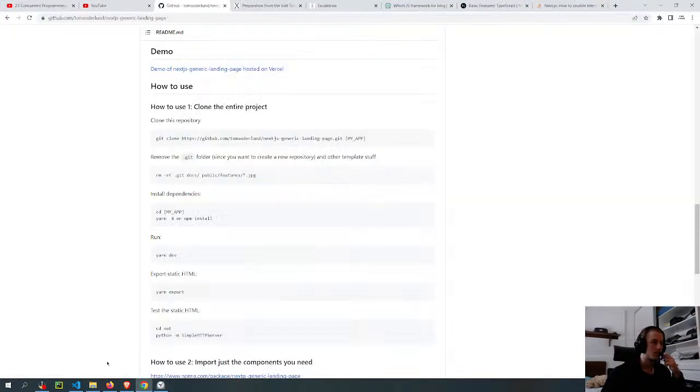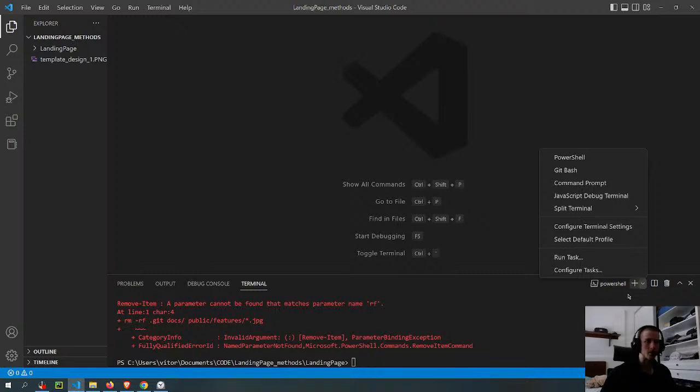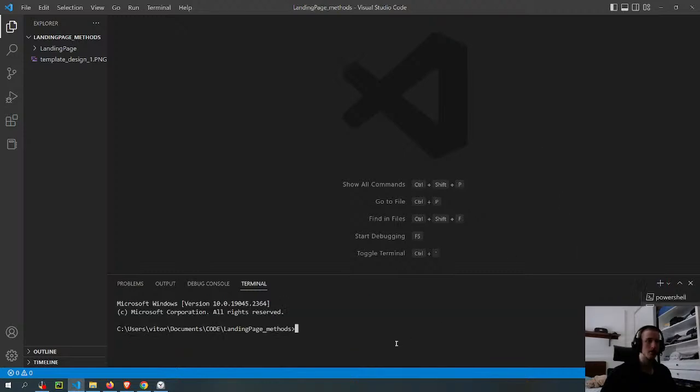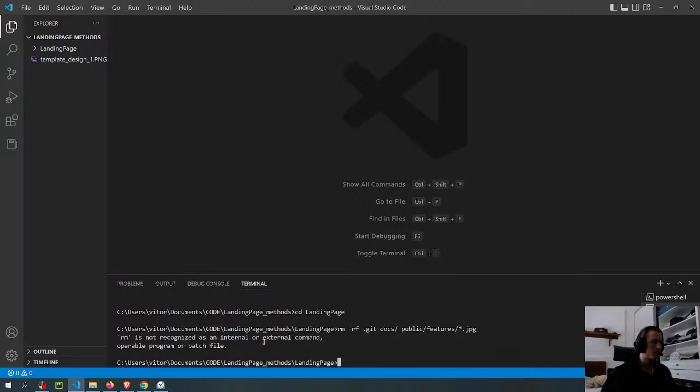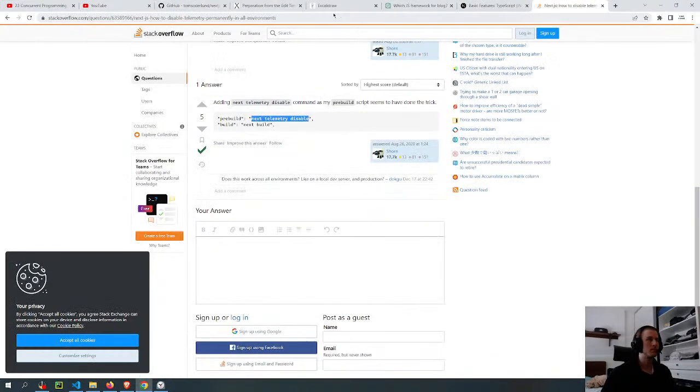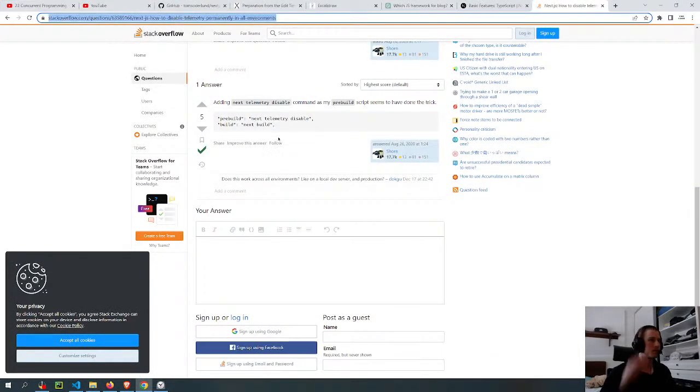Oh, I have an idea. You can just open another. It's not working because I'm using PowerShell, I think. I do this. Oh, never mind.